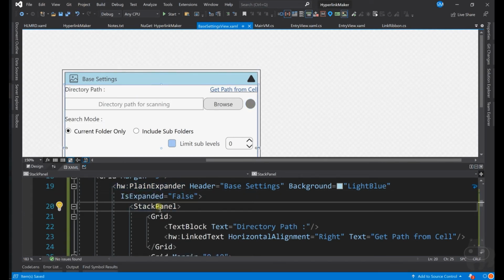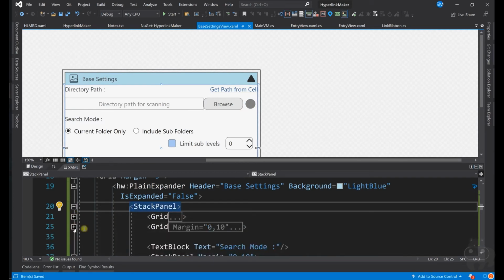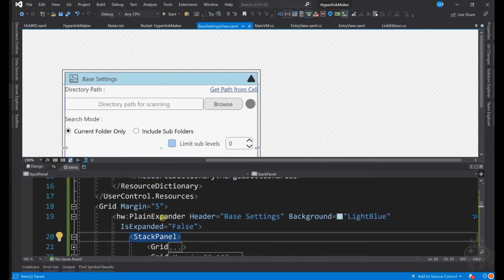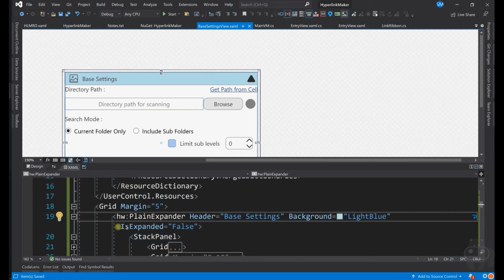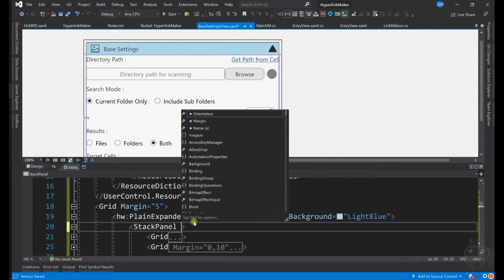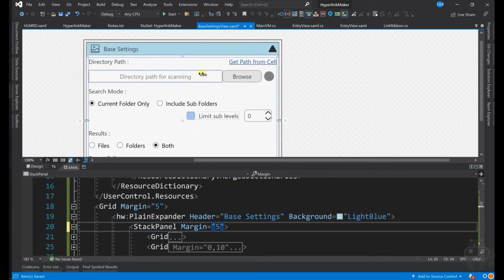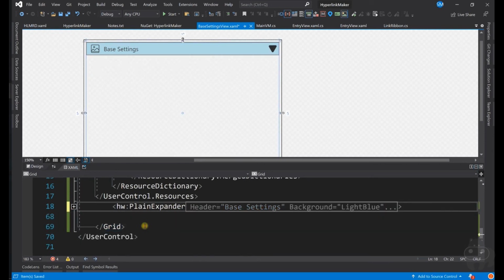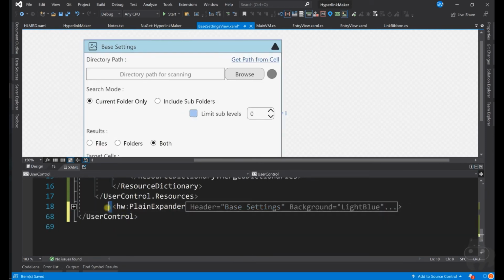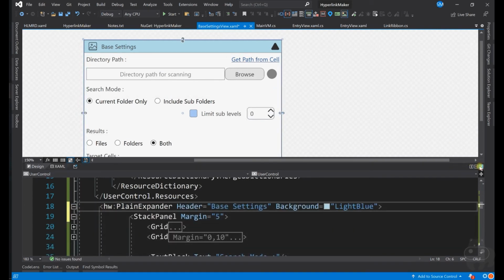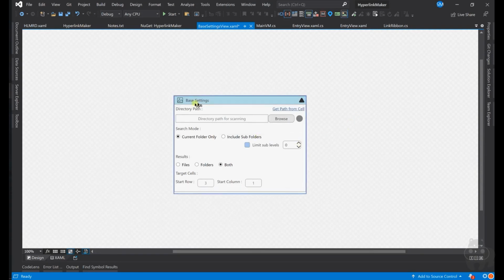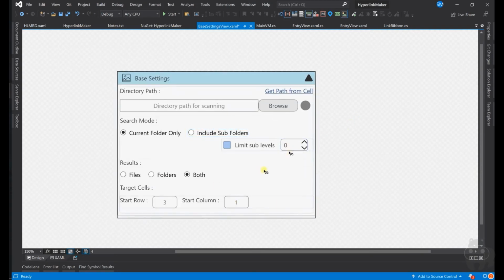So it's fine. So we have a stack panel. Let's remove the stack panel now, or let it be there as well. So you have the settings now. Let's add one more, margin is equal to 5. So everything comes inside. And I will remove the grid. So now everything falls inside the plain expander like this. This looks a little bit better now. You have an expander, and inside the expander you have all the contents.